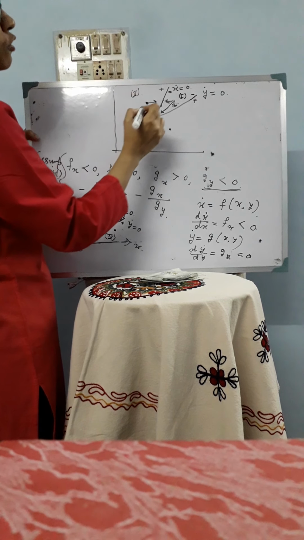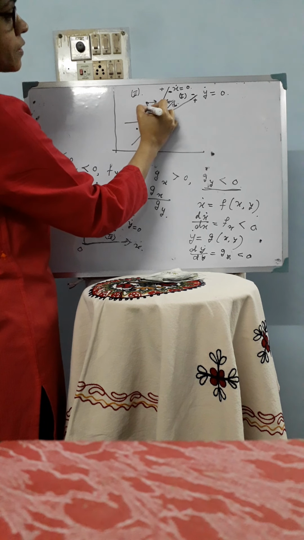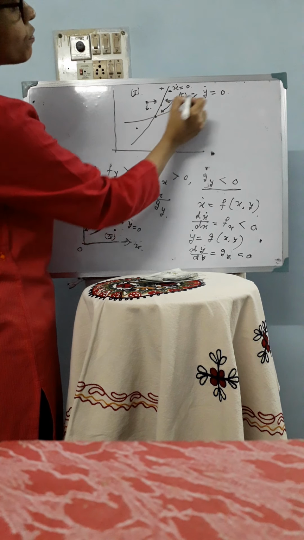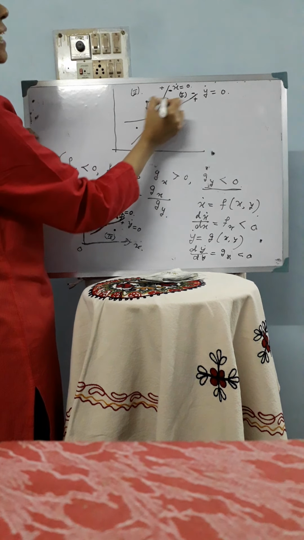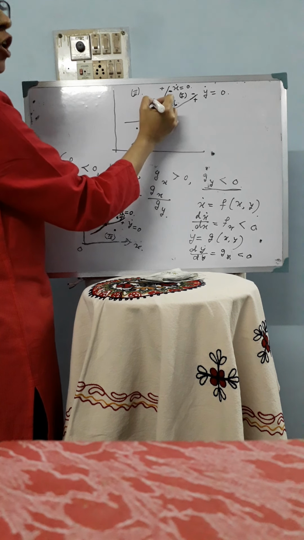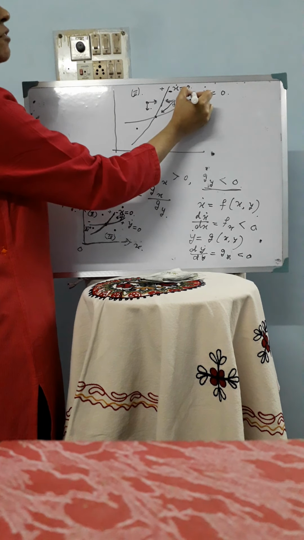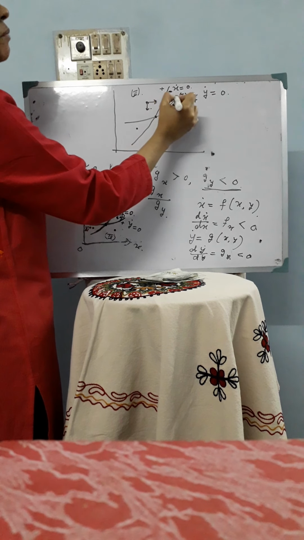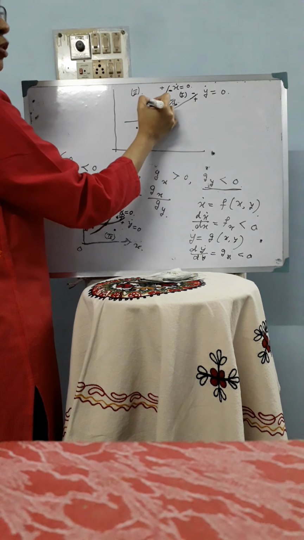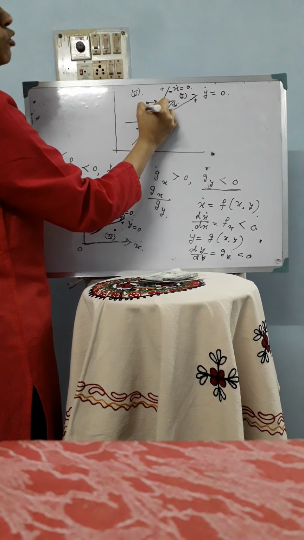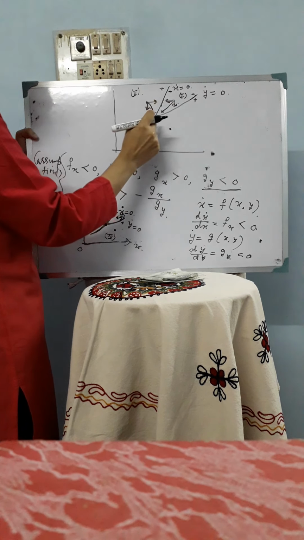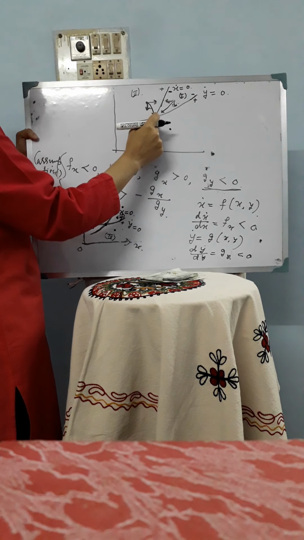Now what should be the movement of y? Y will decline here, because if y declines in this region, what is the value of y dot? The value of y dot is negative. So if y declines, then y dot will increase. So for y dot to become 0 from the negative value, y should decline. So this will be the movement of y. So the resultant path will tend towards the equilibrium in region 2.